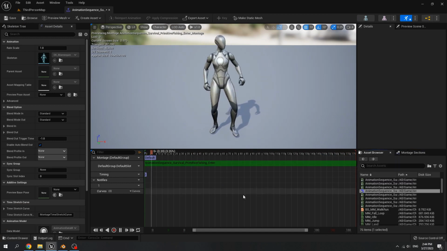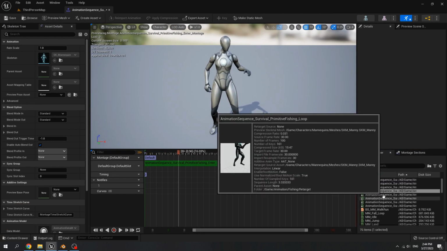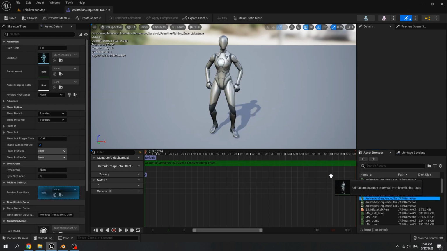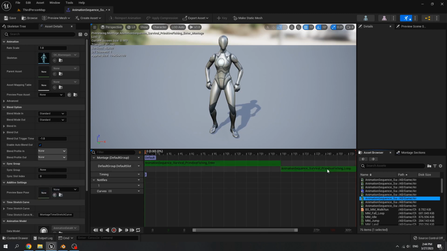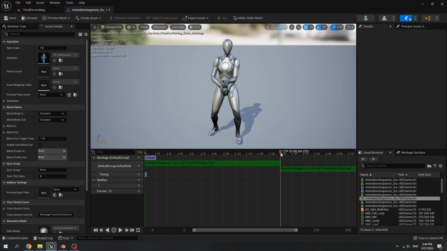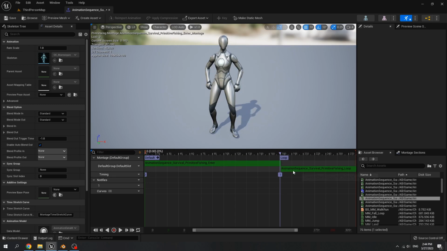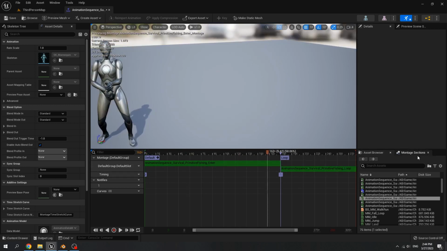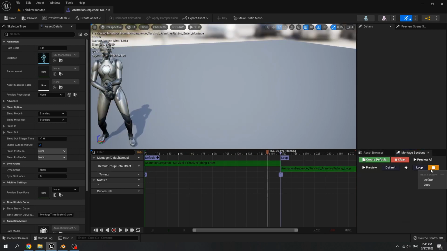Click on Asset Browser, then find primitive looping animation. Drag it inside the animation montage. At the end of the first animation, we create new montage section, name it loop, and then click on montage section. For our loop, select loop,